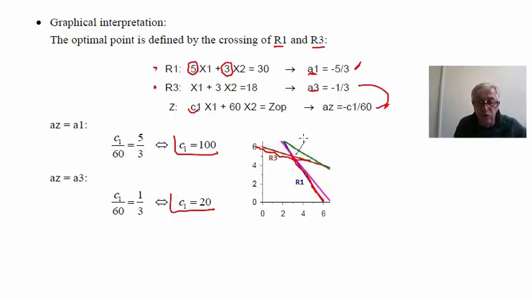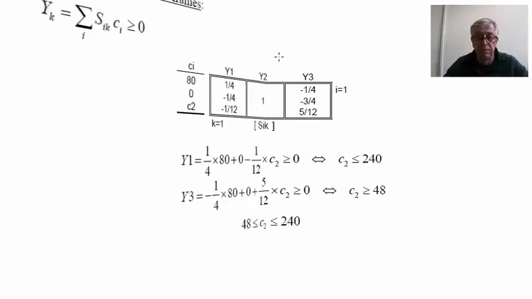That is, what we were evaluating was the variation of the inclination, since we are changing the coefficient C1, maintaining the other, we are varying the inclination of the lines of z so that they become coincident in one case with one of the restrictions and in the other case with the other restriction.